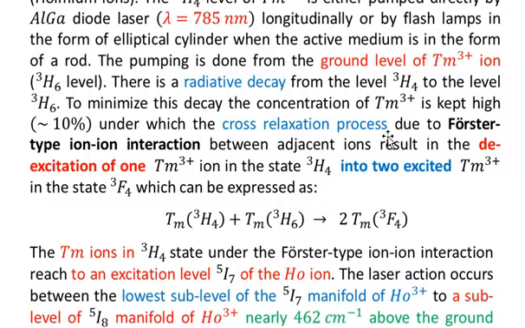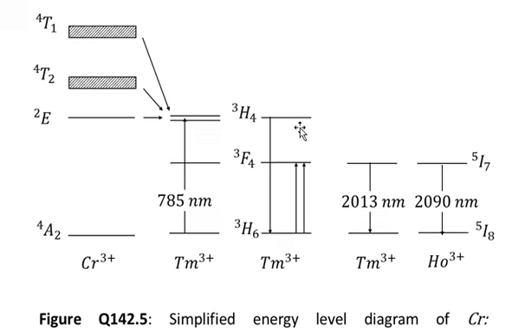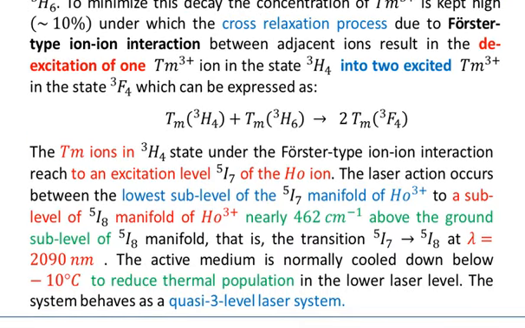the cross relaxation process takes place, and what happens in that, this 3H4 will be relaxed to the 3F4 level, and the rest of the energy will be given to 3H6, and the 3H6 will be raised to 3F4 levels. So this 3H4 level will decay to 3F4 level, and at the same time the energy difference will take 3H6 to the level 3F4. And this transition can be shown in the form of this